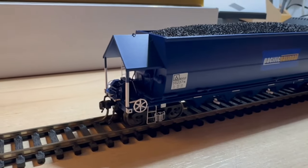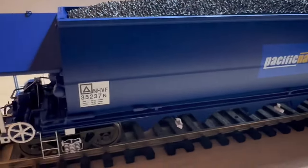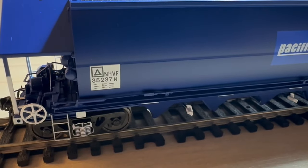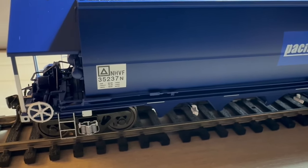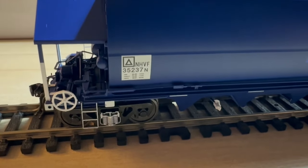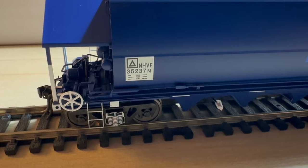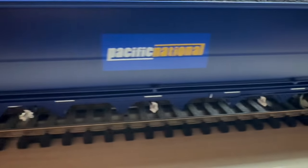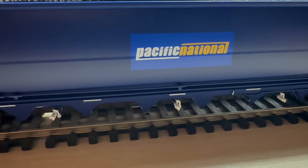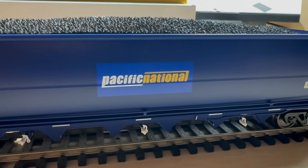We've got a hooded section here, which is to protect the equipment at either end from being damaged when they're being loaded. We've got the fleet number, this is 35237 NHVF. It has finely applied details, painted bogie springs and the brake wheel. You can see the hoppers at the bottom. This is a 6 hopper,